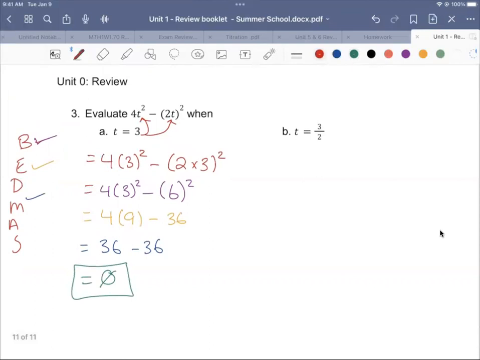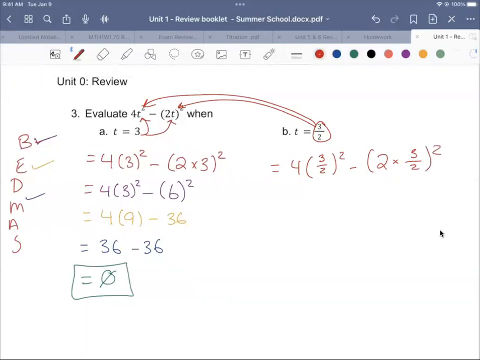Now let's take a look if t is equal to 3 over 2. Again, I'm going to substitute this both times. So I will get 4 times 3 over 2 squared minus 2 times 3 over 2 squared. Now, one thing that you can keep in mind too is 2 is the same as saying 2 over 1. And that's going to help us out in a second when we do our brackets first. So first thing I'm going to do is just rewrite everything that's not in brackets. This is where it comes in handy. This is the same as saying 2 times 3 over 2 times 1, which gives me 6 over 2